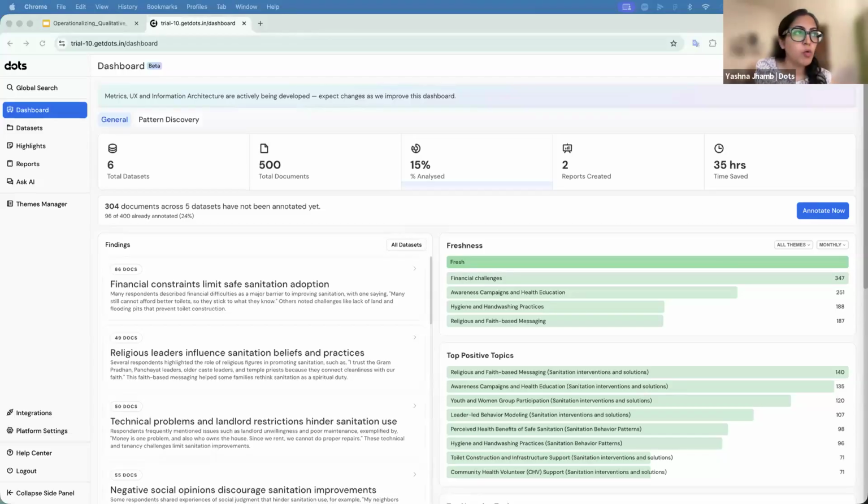What Akshay shared was the part of getting in the data, the layer of structuring, all that, supporting it with the inductive as well as deductive themes analysis. But what happens is post my data is analyzed, my data is annotated. A lot of this can also happen by AI or manually. But you essentially land on a dashboard like this, which gives you key findings from the data. This dashboard is primarily designed so